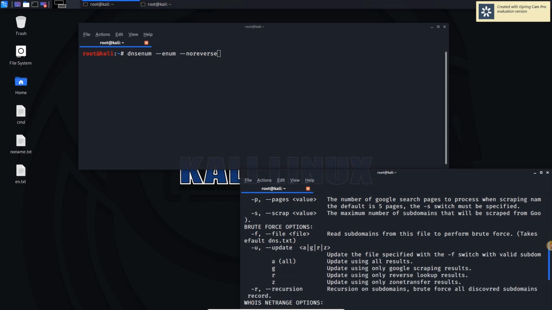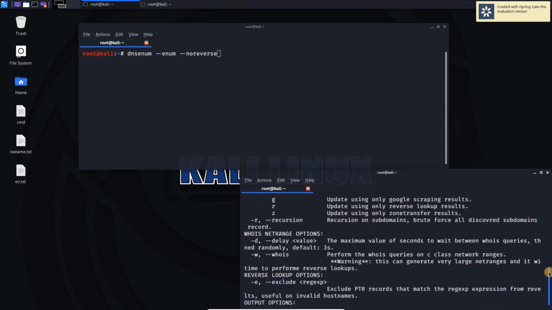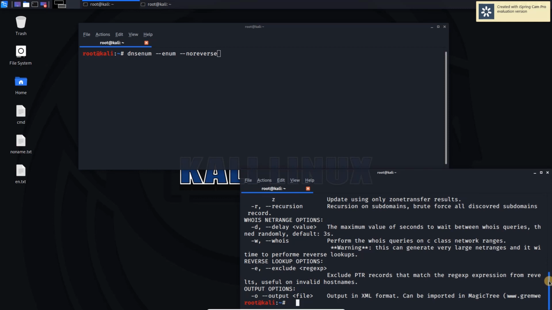And we will simply save the output. It's very important to save the output if you are doing pen testing for any organization. Hyphen o and the name of the file.